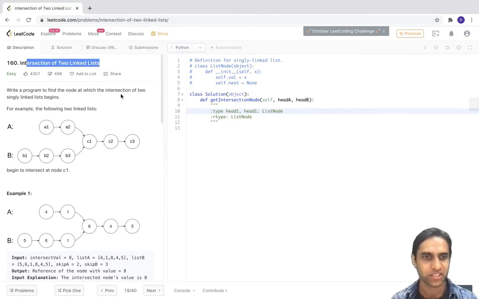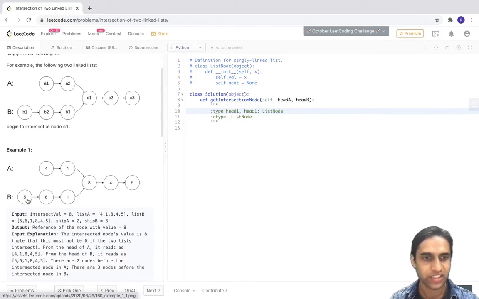Let's see the first intuition. If we compute the length of this list, which is 6, and we compute the length of this list, which is 5, and I ask this one what are your additional nodes, it's only one. So I'll ask it to point to the next node so that one node is skipped. Now both take one step ahead, and the moment I reach C1, that will be my intersecting node.